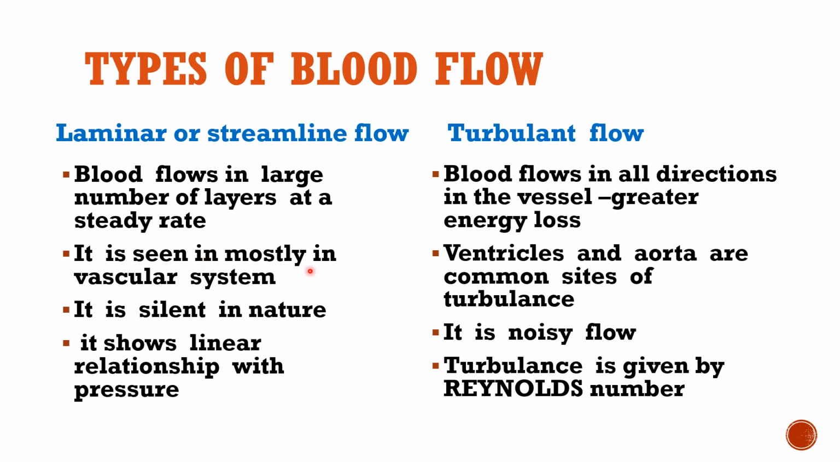And the laminar flow is seen mostly in the vascular system, and the turbulent flow is seen in ventricles and aorta. And this laminar flow is silent in nature, and this turbulent flow is noisy. And the laminar flow shows a linear relationship with the pressure, and the turbulence is given by the Reynolds number. So the velocity of blood flow at which the laminar streamlined flow is converted to turbulent flow is called critical